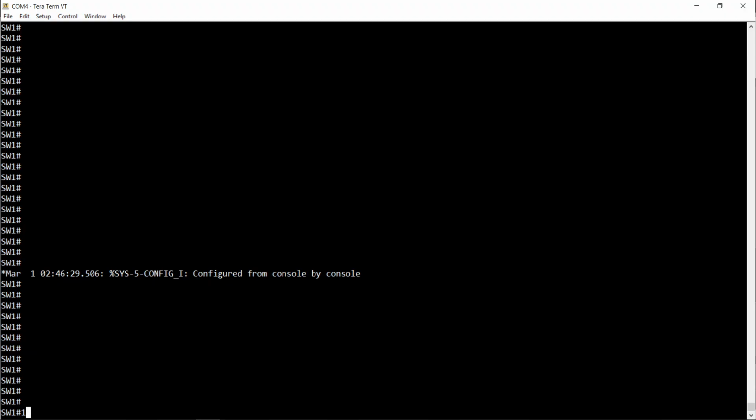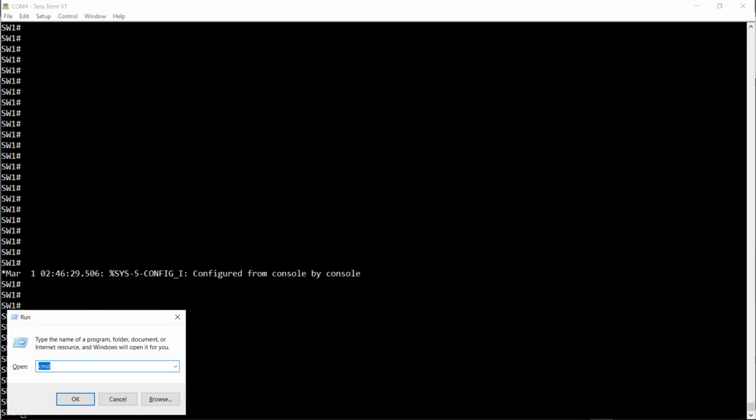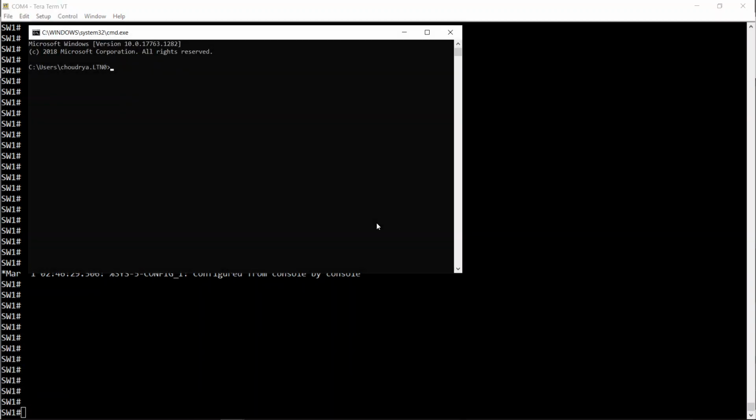So I'm now on the CLI of a Cisco switch. Again, before I do anything, I'm just going to prove to you guys that I can't actually ping the device in VLAN 20. So I'm in VLAN 10 at the moment. If I issue the command ping 192.168.20.10, this is going to fail. As you can see, I'm not getting any responses back,